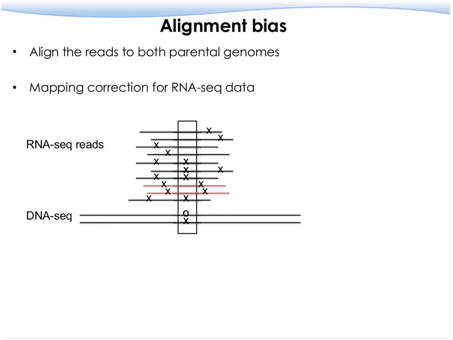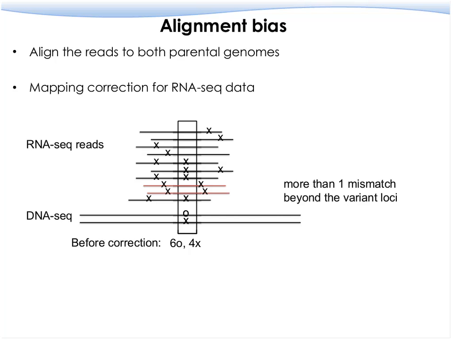If we focus on this particular location, when we do the sequence mapping, we allow, in this scenario, up to 2 mismatches for each individual sequencing read. Okay. However, if we don't do any consideration on this, we just count the number of reads that represent the reference or alternative, we may conclude that 6 reads support the reference and 4 support the alternative. And you may have the slight hint that this can be allele-specific expression. The expression levels of the 2 alleles can be different.